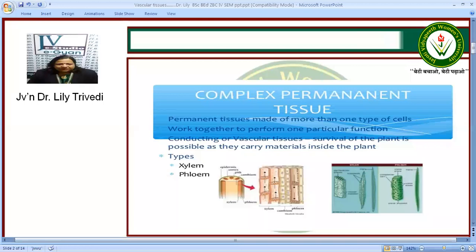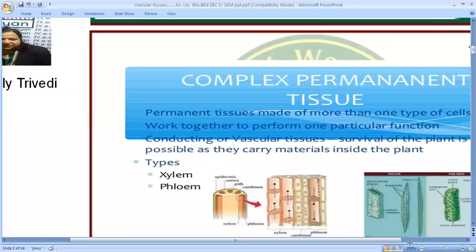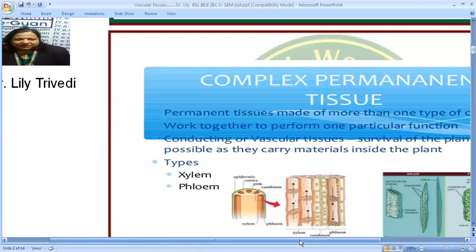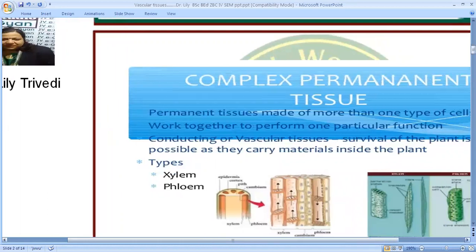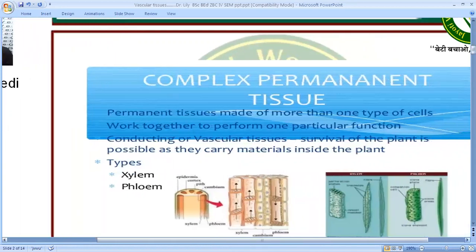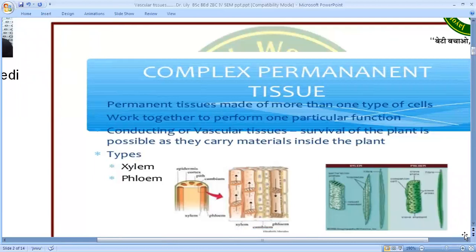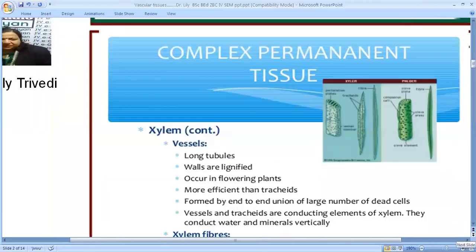Now, vascular tissues come under complex permanent tissues that are made up of more than one type of cell. They work together to form a particular function and they are very necessary for the survival of plants, and they are of two types, xylem and phloem. Now we continue with the xylem. The xylem consists of vessels and xylem fibers,